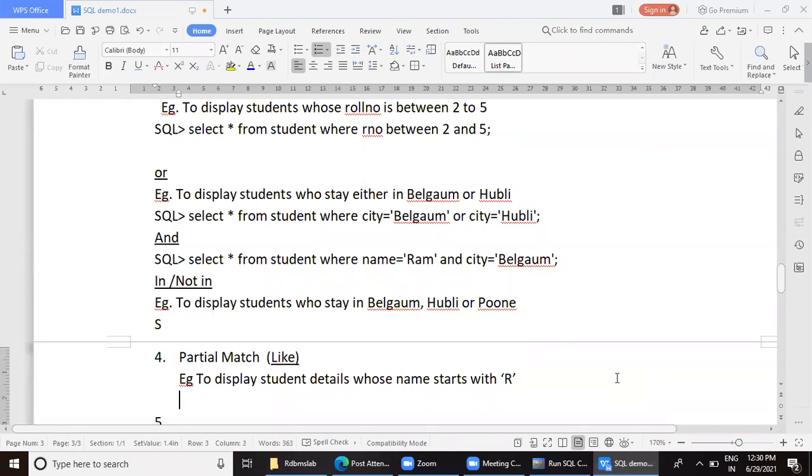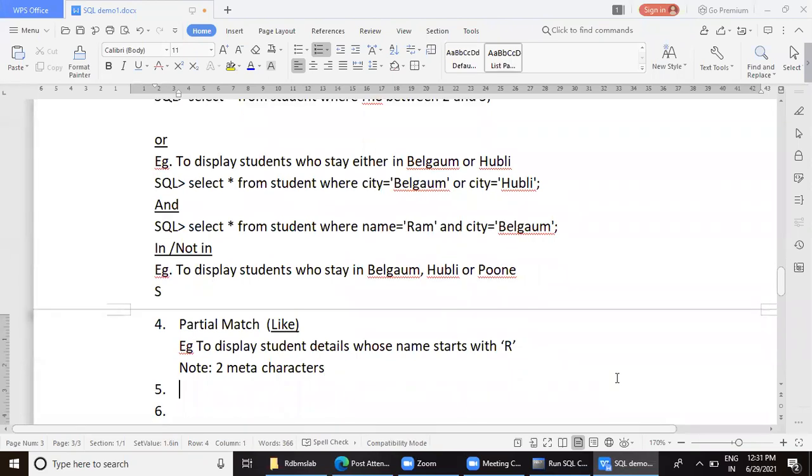So write a note here. Two meta characters. One is percentage, which substitutes multiple characters.